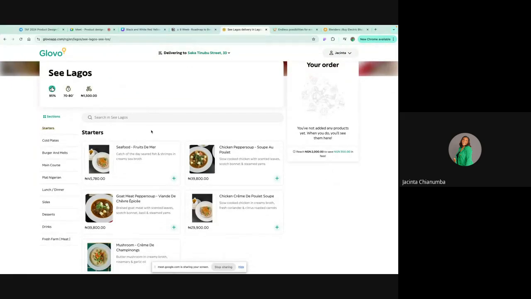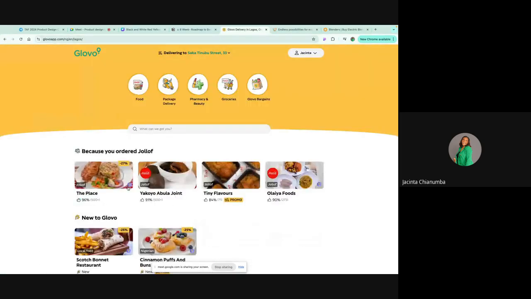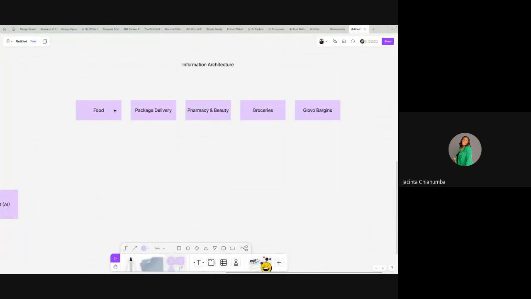So when the user logs into the global app, you will not see this page first of all on this landing page. There is always a hierarchy of information that you want to feed to the users. So the first things that you want to feed them with, you put it on the first level of your flow, and then it now boils down to, okay, what is the next thing you want to feed them with? On this food, we now have the restaurants, for example. So they can now choose restaurants, and on these restaurants,